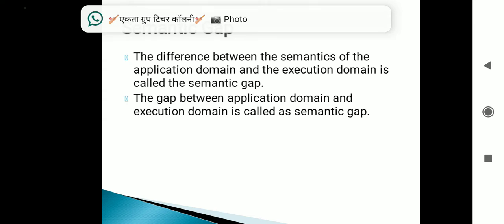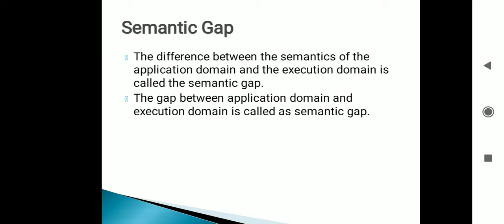The designer expresses the idea in terms of the application domain. It means the designer provides the idea about the application. To implement these ideas, the execution domain is used. The software engineer executes the idea using software. For this purpose, the rules of meaning of a domain are defined, which is called semantics. The gap between the application domain, that is the purpose domain, and the execution domain is called the semantic gap. Got it, all of you? Yeah.